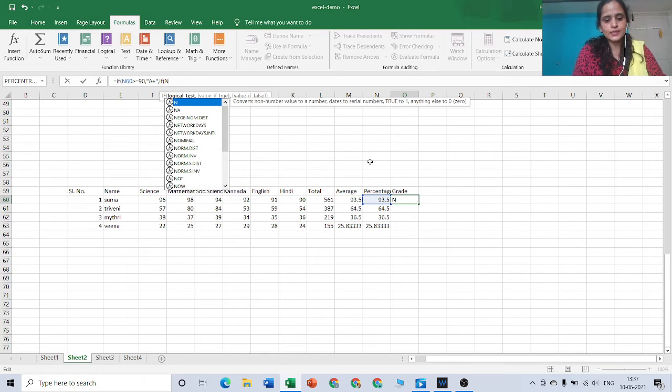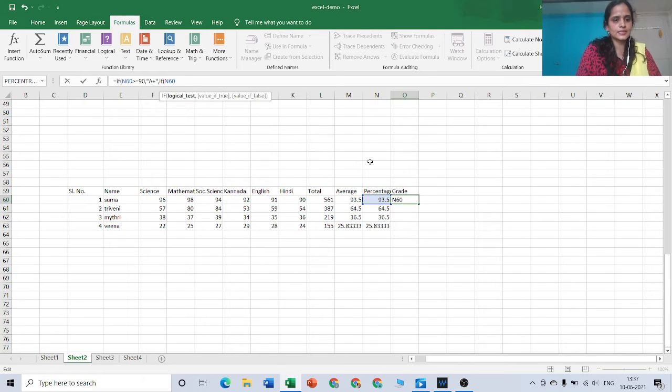If N60 is greater than or equal to 80, I wish to give her A grade. After 80 you have to type a comma, then open the double inverted comma, type A and close the double inverted comma. Again you have to place a comma.